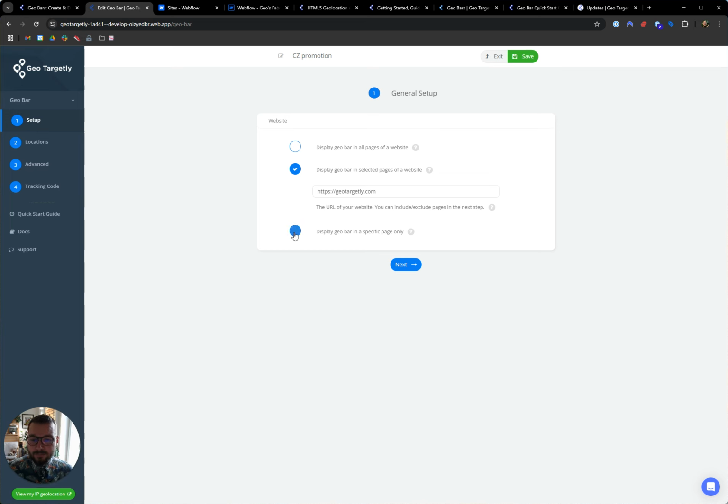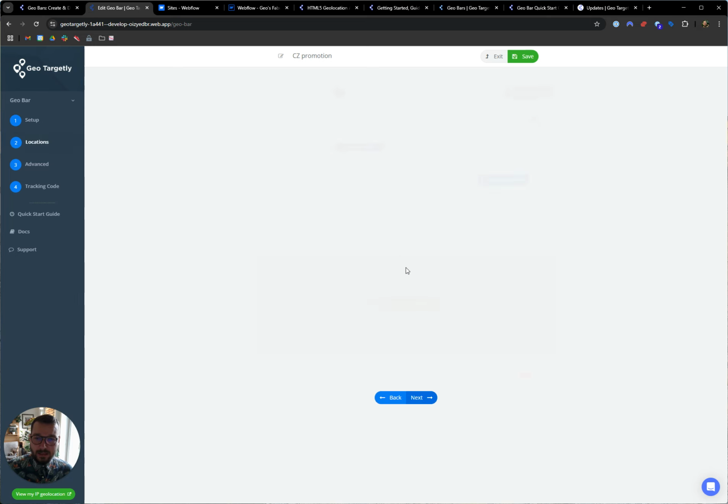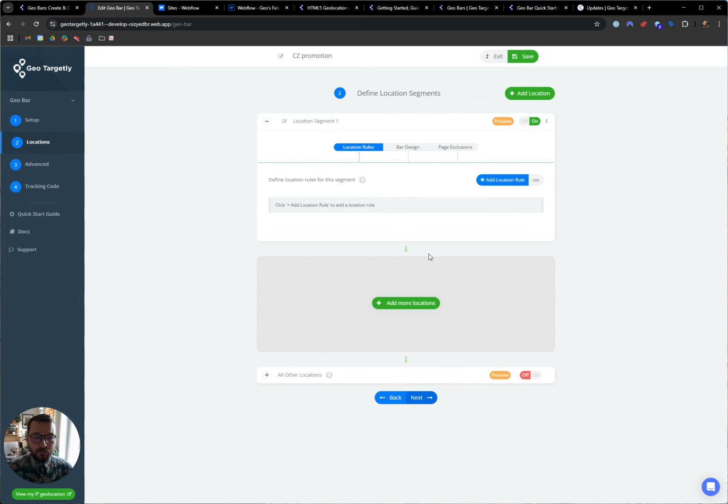And for the third one, it will only be displayed on a specific page, so the URL must exactly match. So if I use this, the bar would only be visible on the home page. But let's say that I want to show it on all pages, so let's just go with the first one. Then I'll click next, and in the second step there are two things that you need to do,